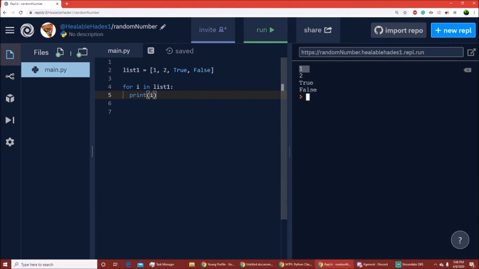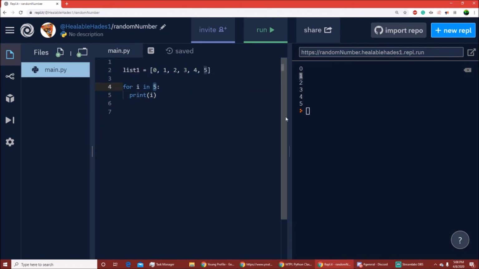And next time it sets i equal to 2, and then it runs the code in the for loop again. And since we're printing i now, i is equal to 2, so we print 2 to the screen. And then we do this for every element in the array. And that's what a for loop does. It runs code repeatedly for a fixed number of times, and in this case it's 4 times